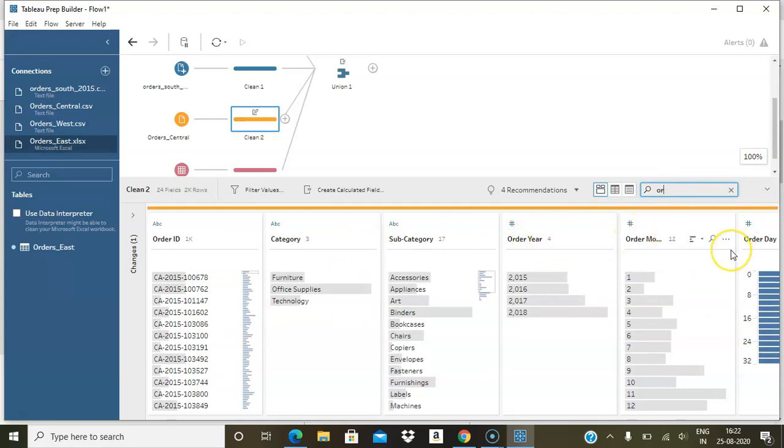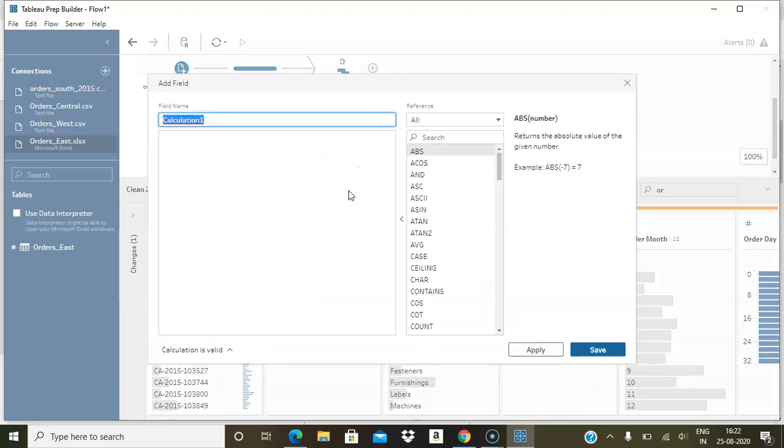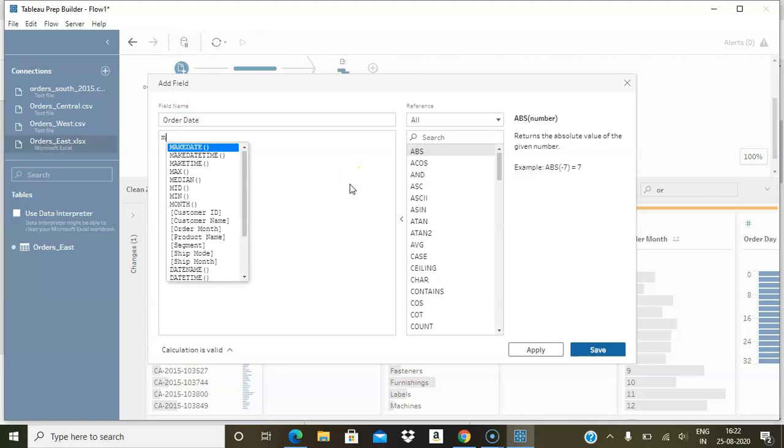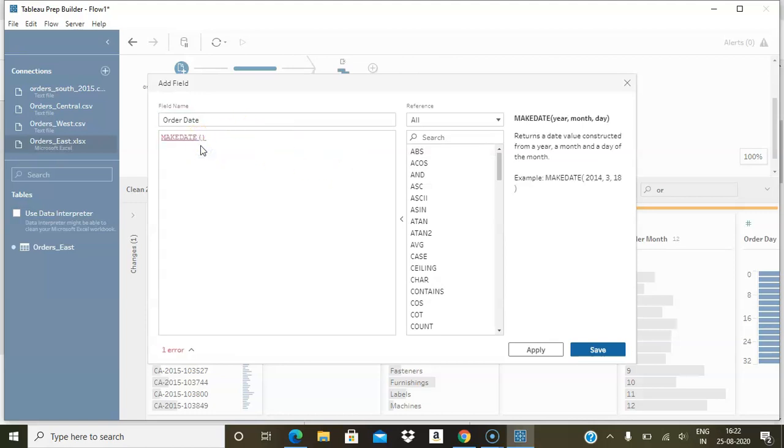Since we know that for a union we have to make it the same structure, I'm going to create a calculated field where I make the order date column using the make date function.